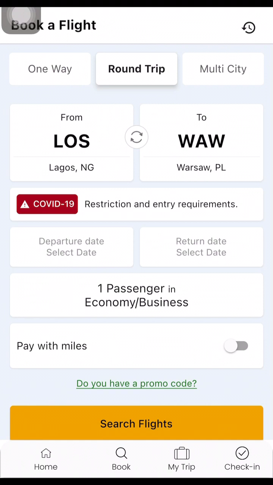A one-way trip is not accepted because they want to see that you are traveling to Poland or whatever country it is that you're going to, and that you're also leaving that country. And you should also bear in mind that it is not possible to book a 365 days trip, even though your visa is going to be valid for 1 year. So speaking of Poland, your student visa is valid for 1 year, even if you're going for a 2 years program. So before the end of your 1 year, you have to renew your visa by getting a temporary residence card.